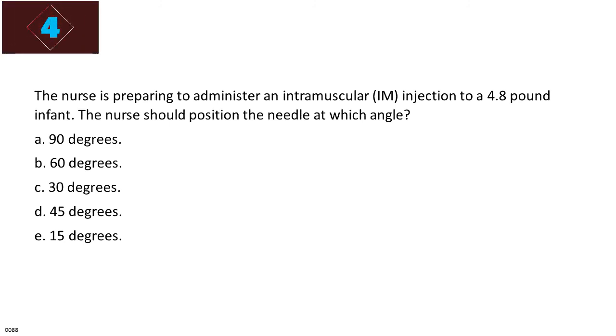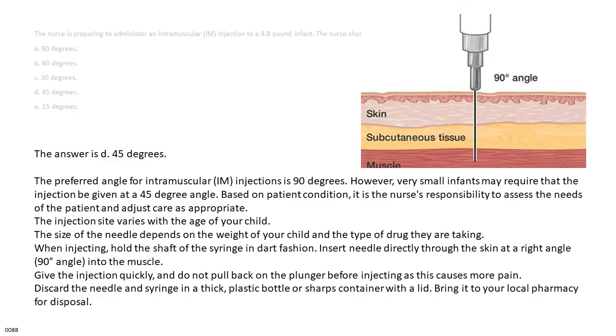The answer is D. 45 degrees. The preferred angle for intramuscular, IM, injections is 90 degrees. However, very small infants may require that the injection be given at a 45-degree angle. Based on patient condition, it is the nurse's responsibility to assess the needs of the patient and adjust care as